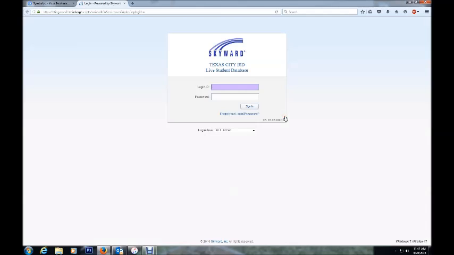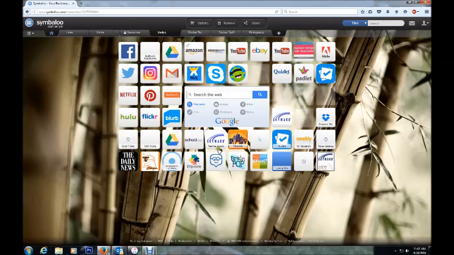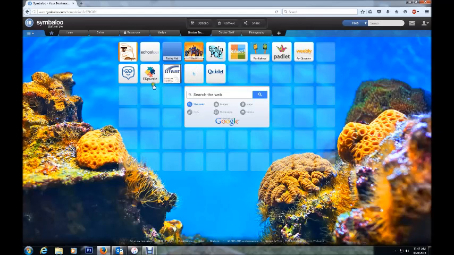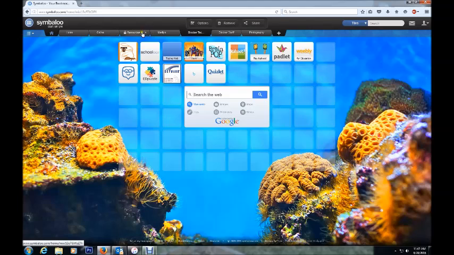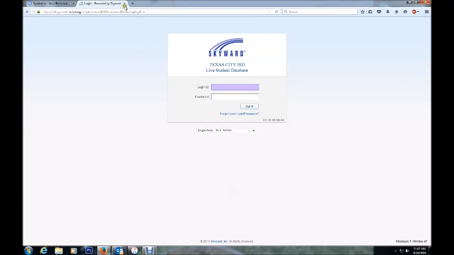I click that, and I have my login screen for Skyward. Now you'll notice here on my Skyward tab I have teacher access, and on the one that I created for my students, the Skyward tab is family and student access. This is a separate link for students to log in. See, this is the live student base for students and their parents to log in. That's different from the one that teachers use. Okay, so we need to